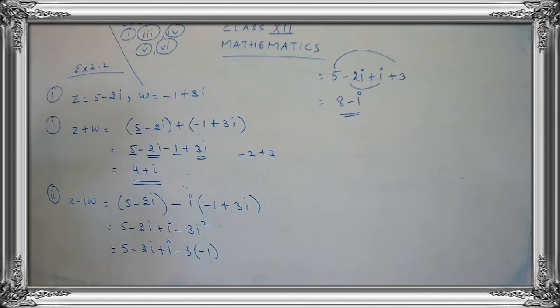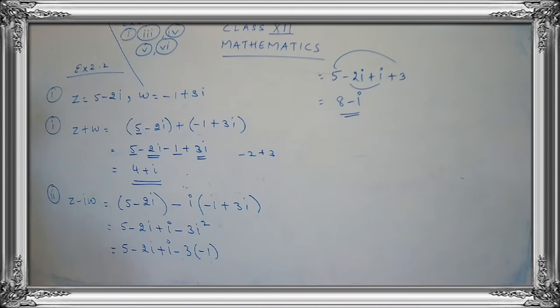Let's move to question number 2. Given the complex number z is equal to 2 plus 3i, represent the complex numbers in an Argand diagram. So you have to represent the complex number in an Argand diagram. That means you are going to represent the complex number in a graph. You're just going to plot the points in a graph. Let's see how to proceed with our sum, children.